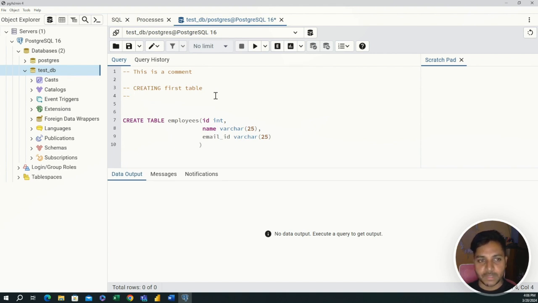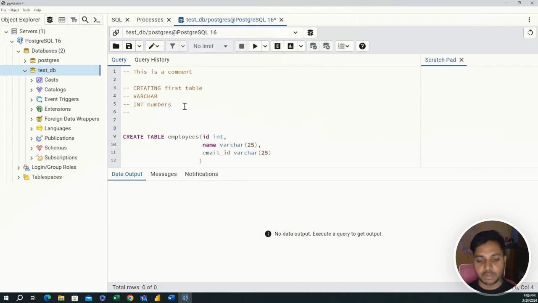Let's make one more comment. To make a comment, you just press control and the oblique sign on your keyboard, and the two dashes get entered automatically. So I can say we will be using varchar, which is basically text type data. Then we'll be using int, which is basically numbers type data. Then we'll be using float, which is data with a decimal number like 25.5,